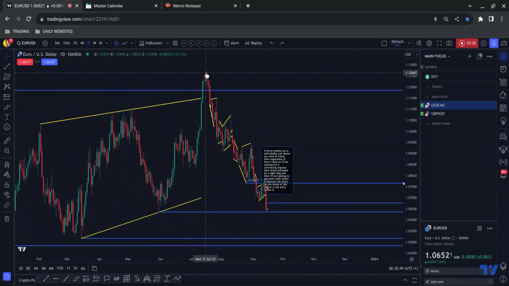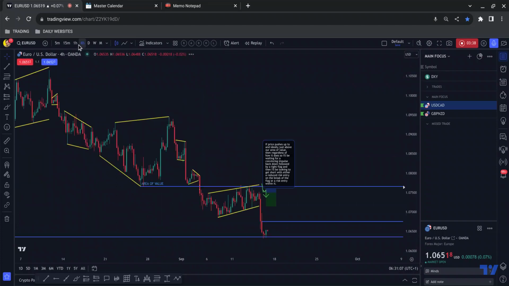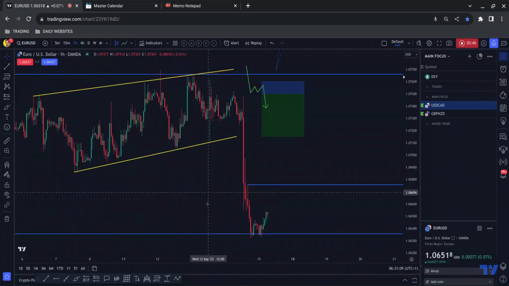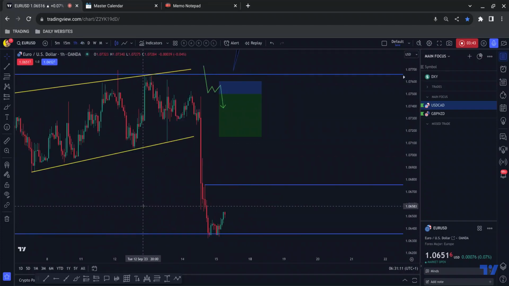However, if you look, this is the daily chart after all. We have one serious and big inflection point there and another one there. This is an area where, you don't need to be a genius to work out, a lot of people would take profit, even if we are headed down to the base of this structure. So because of that, I would expect or anticipate price to consolidate sideways for a little while to allow people to take profit.